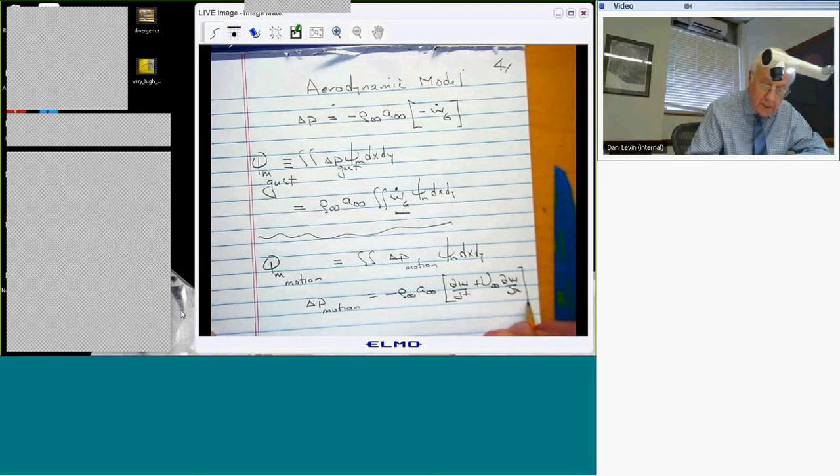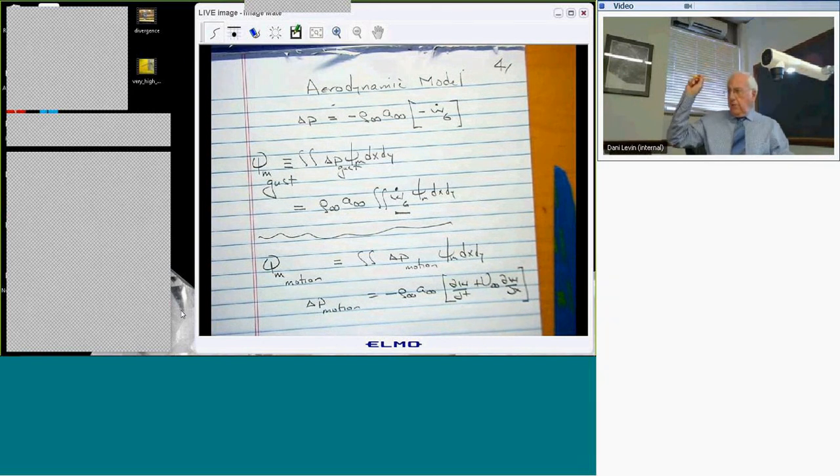This is the actual velocity of the wing moving up and down. This term is an equivalent velocity, if you will, due to the fact that there's a mean flow U infinity. In fact, you can get this extra term by moving from a coordinate system fixed with respect to the fluid to a coordinate system fixed with respect to the wing, but we won't get into that yet. That's another good question for a qualifying exam.